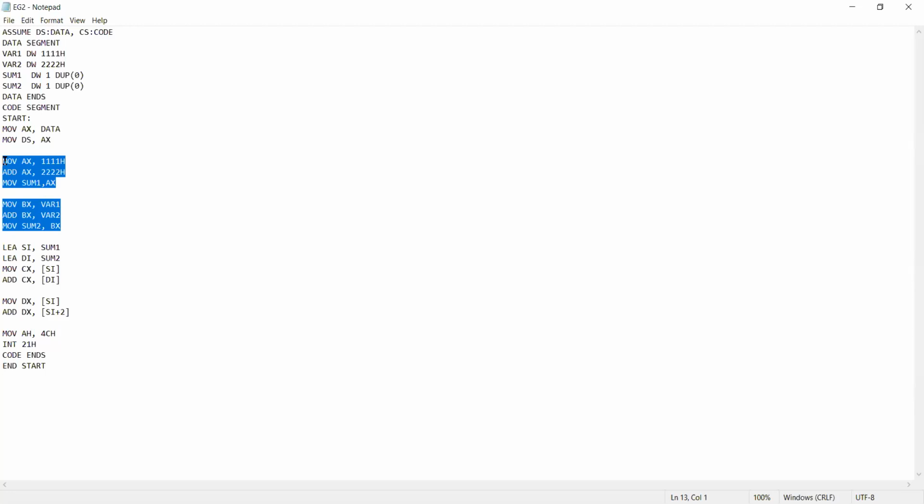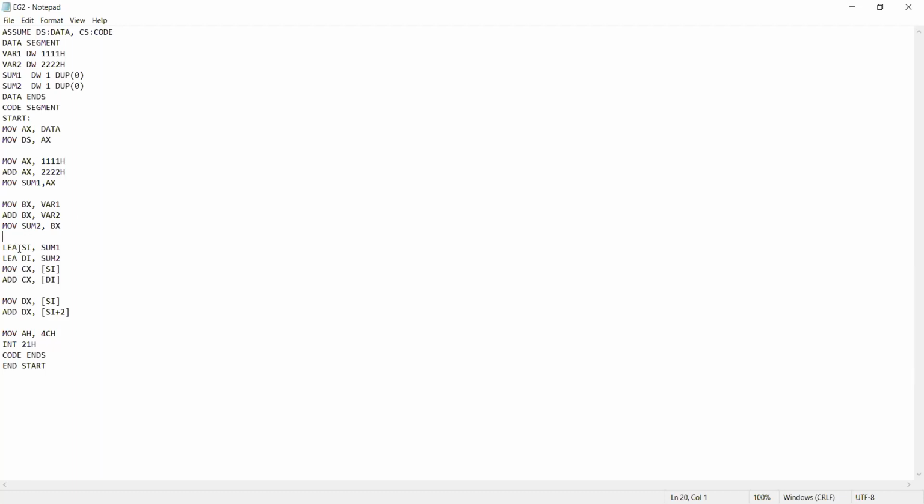This is not the actual code. That is my intention. Both are valid and both will do the same thing. Yes, I will execute this program and show the result, sum1 equal to sum2.